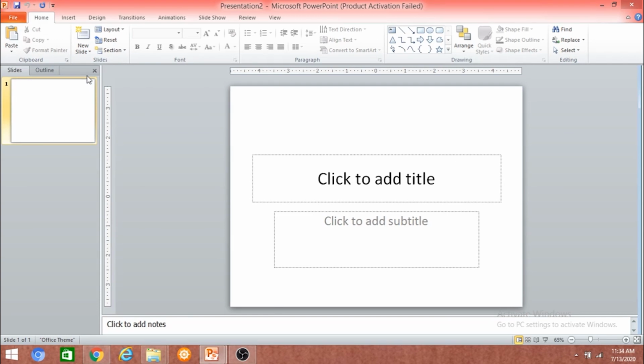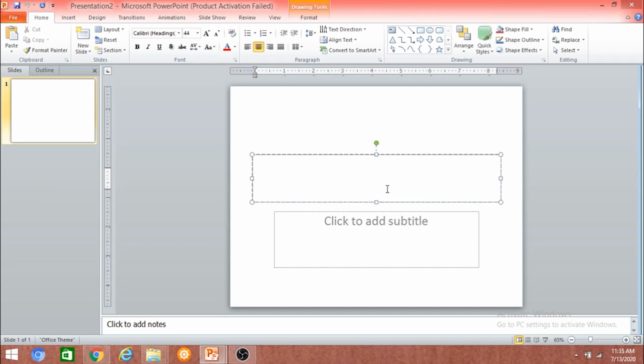Now, let's have a look at the components of an actual presentation. Here on the screen, we have the current slide. It is slide number 1. This is meant to be your title slide. On the left side of the screen, we have the Slides tab, where you can see the preview thumbnail of your slides. To start editing the slide, click on the text boxes. Here you can see two text boxes. First one is to add the title and the other to add the subtitle.